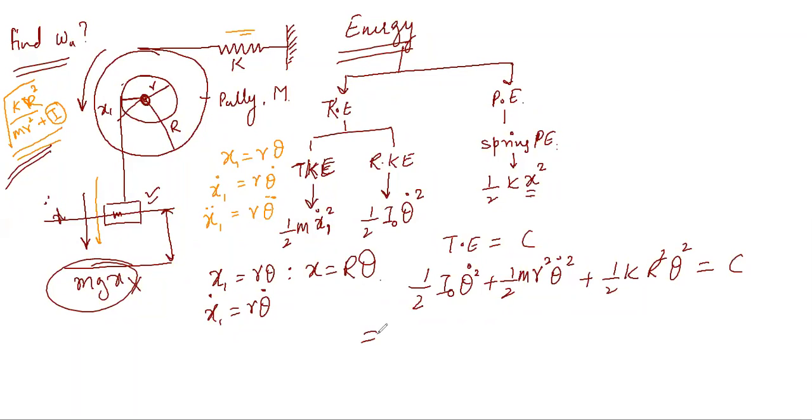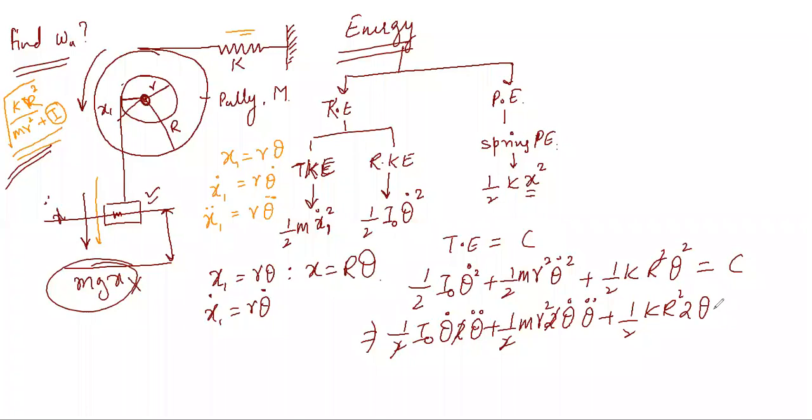When you differentiate this equation, you will get half I naught theta dot 2 theta double dot. That two is cancelled out. Half m r square 2 theta dot theta double dot. This two cancel out. Plus half k capital R square 2 theta into theta dot is equal to 0. This one cancel out. This theta